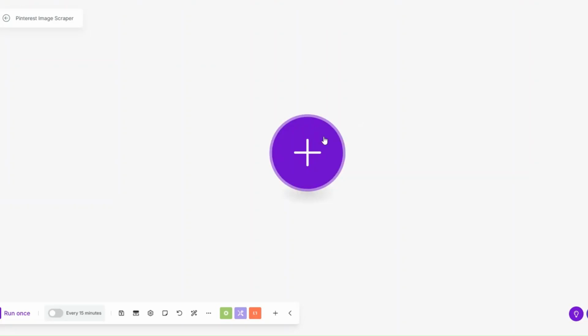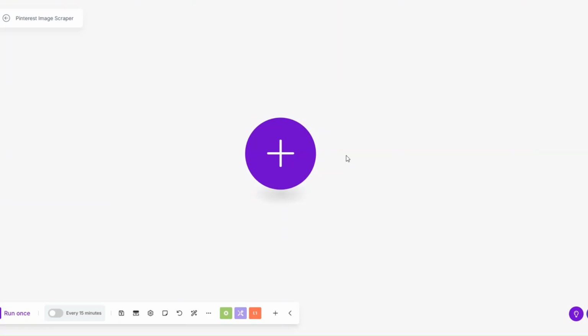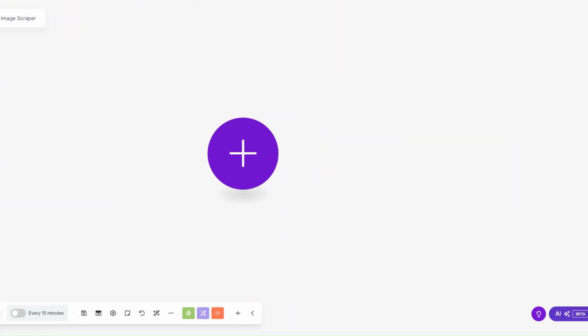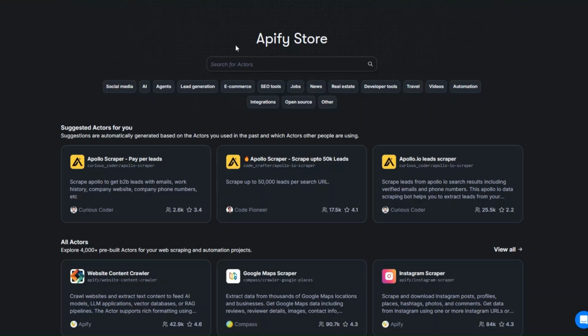In this video, I'm going to show you how to create a simple automation that scrapes images from Pinterest by creating a simple automation in Make and Anytime. So let's get started. To scrape Pinterest images, I'm going to use this tool called Apify. Apify is an incredible tool that you can use to scrape any website and automate projects. So go ahead and create an account on Apify, and after creating an account on Apify, head over to Apify